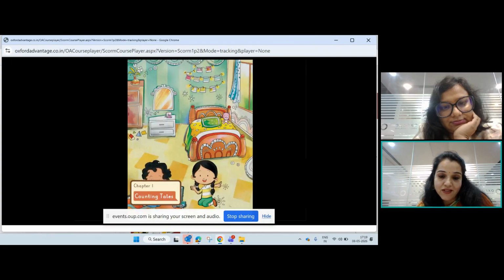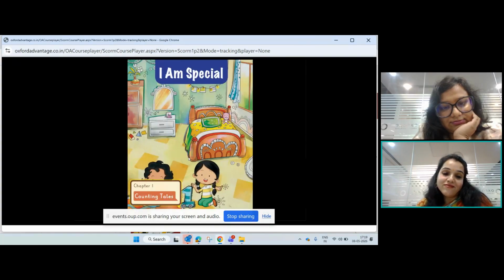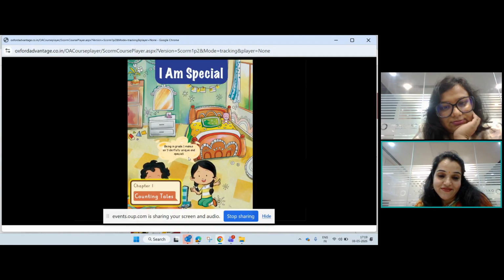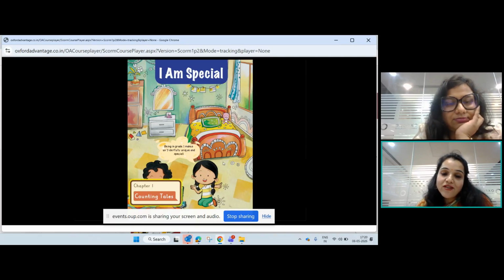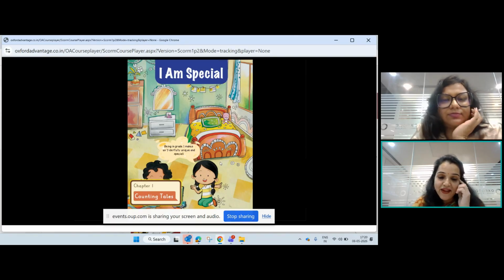and we enter. I am special. Being in grade 1 makes us wonderfully unique and special. Chapter 1, Counting Tales. So you see, this is such an amazing page that appears in the beginning, and this